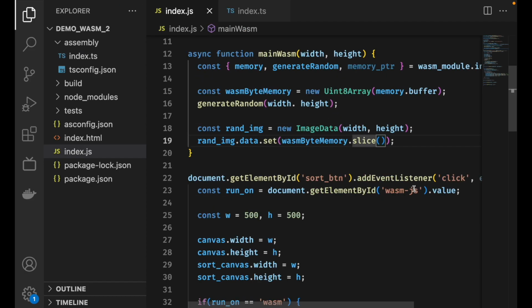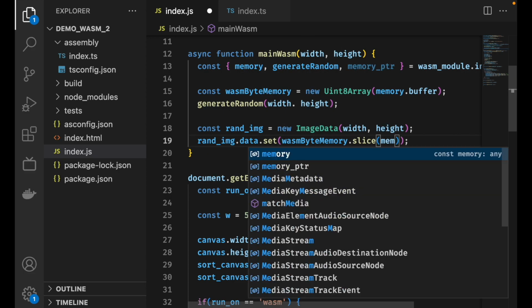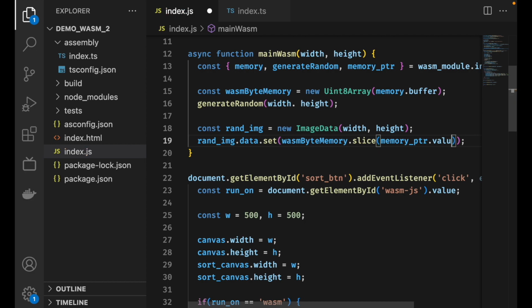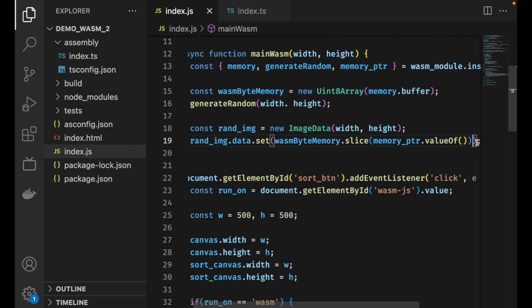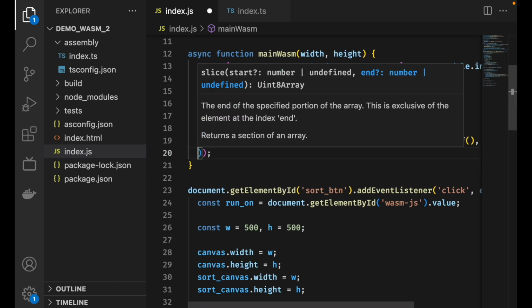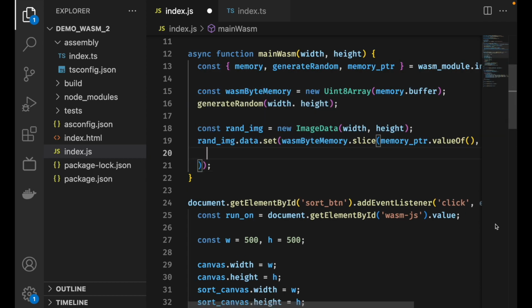Now, whenever we export a variable, we cannot console.log it directly. We have to actually print the memory pointer. Like, if we have exported this variable, to access its value, we need to do memoryPtr.value or .valueOf. So we can do memoryPtr.valueOf, and it will print 0, since it is 0 for now. Constant. And slice, this is the memory pointer value, then the next index would be memory pointer